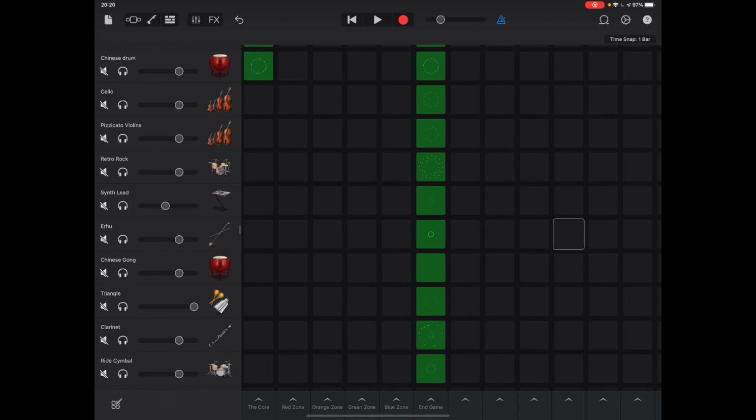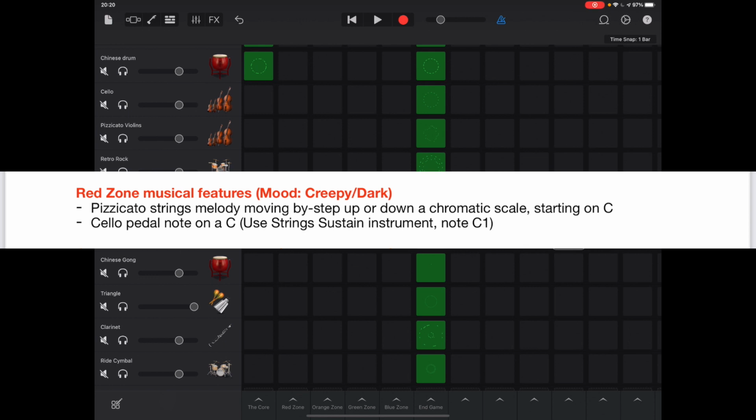Okay, this is how we record the red zone music. So if we look at the project brief, it says red zone musical features, mood, creepy or dark. And we need pizzicato strings melody moving by step up or down a chromatic scale starting on C. And the second part, we need a cello pedal note on a C using the strings sustain instrument on note